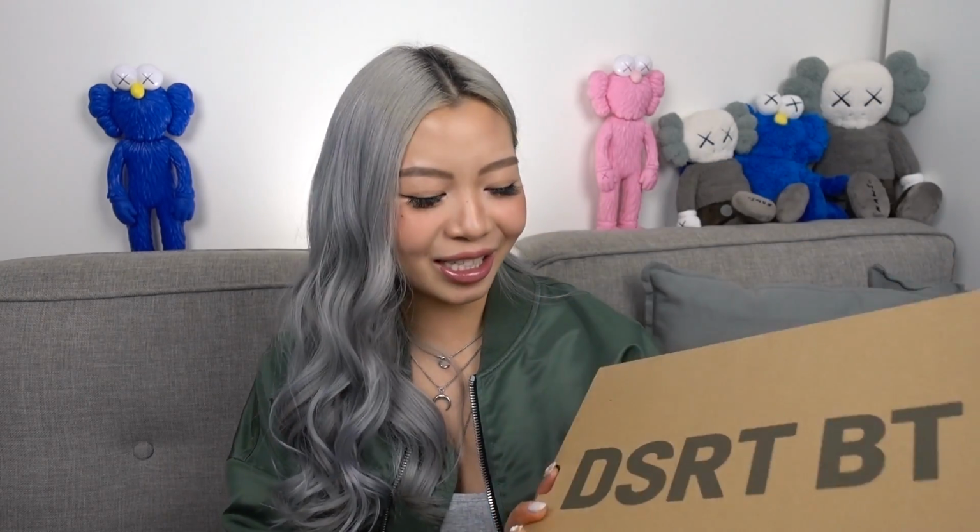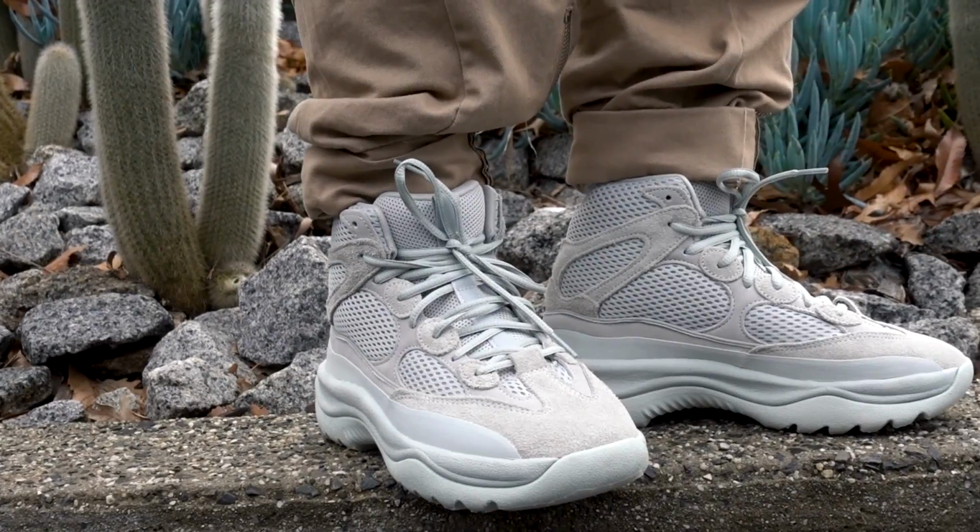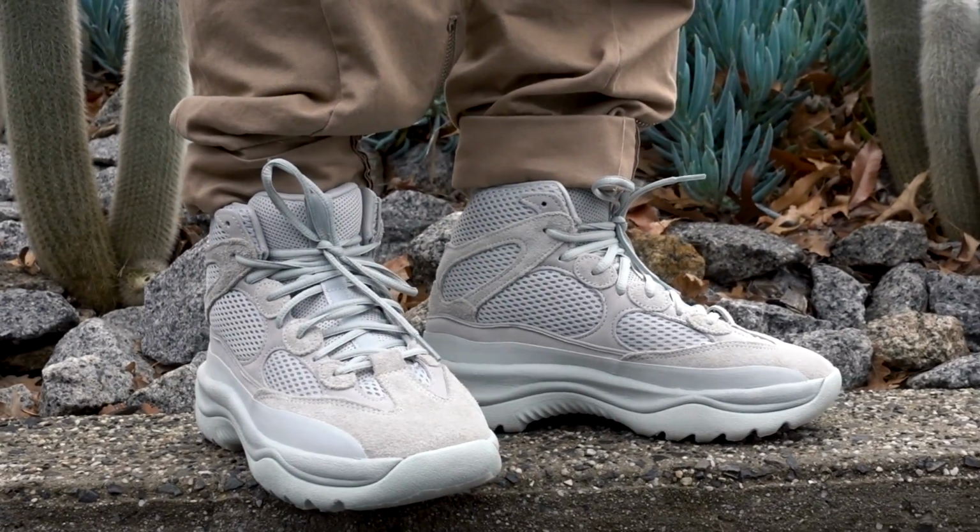So this is not exactly a pair of sneakers, but it is the Yeezy Desert Boot that dropped yesterday, and they came out with 3 colorways, and I have all 3 of them to show you guys. So this one over here is the Salt colorway. In the past we have seen Yeezy boots, but this time around it's actually in collaboration with Adidas. As you can see, it comes in a box that's very similar to all the other Yeezys. It's this cardboard material, and on the front here it says Desert Boot, and then on the side you see